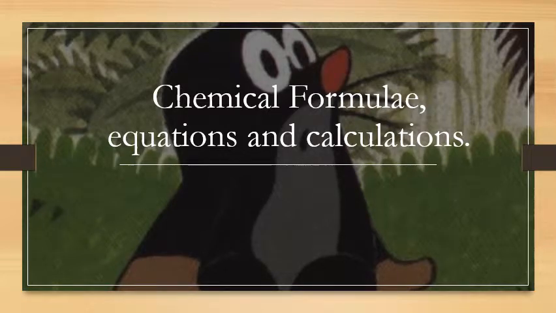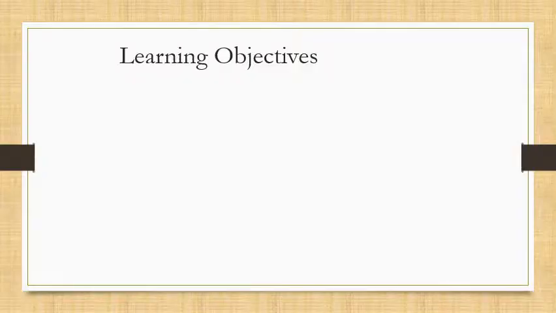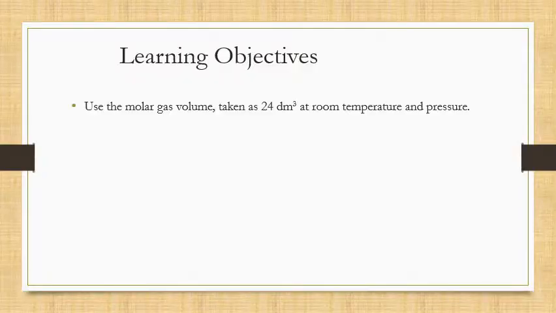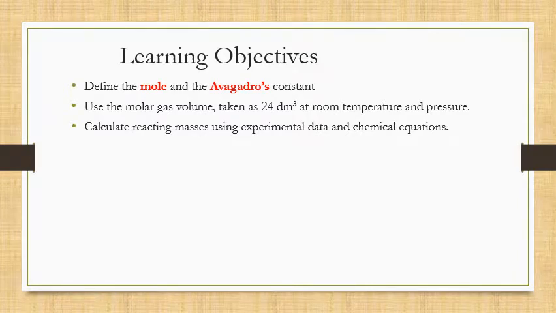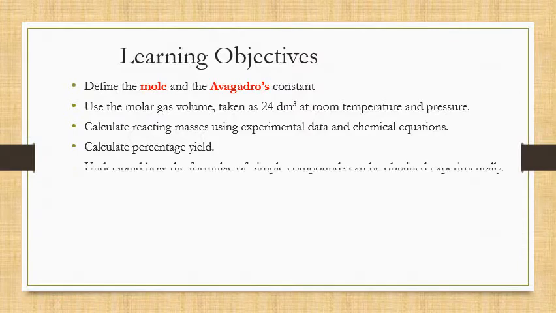So the next unit we're going to be working on is called Chemical Formulae, Equations and Calculations. The learning objectives for this unit are to be able to use molar gas volume, to define what the mole and Avogadro's constant is, calculate reacting masses given data, calculate percentage yield,